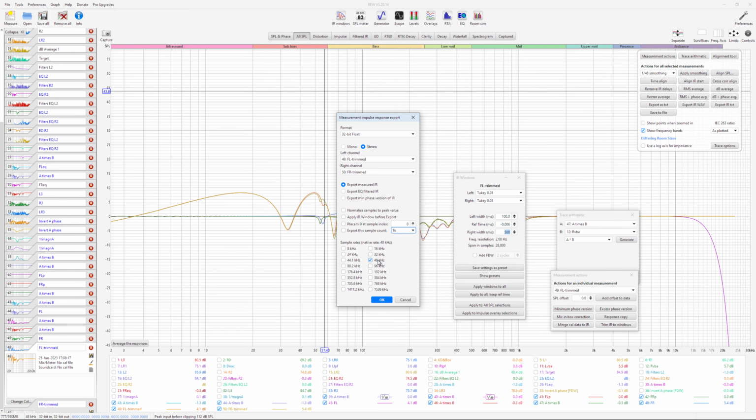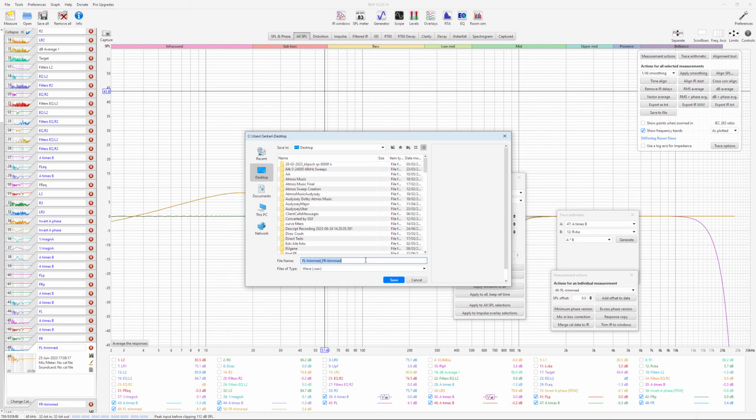I prefer to export only in 48 kHz because this is the native, internal sampling rate of REW. So these filters come out the best. Then I let the convolution engine handle the upsampling and downsampling. But feel free to produce at every single sampling rate that you will use, and REW will also do a quite good job upsampling and downsampling these filters. So export and give it a name like stereo filters